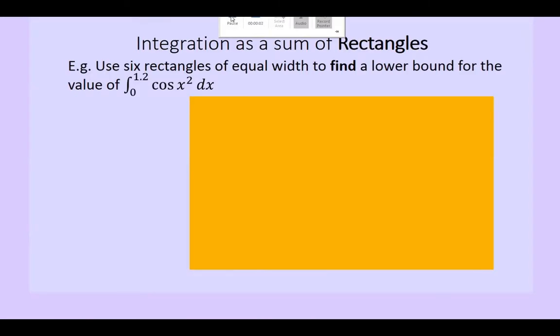Okay, so now we're going to try a proper example and apply a sensible structure to work out a lower bound for the integral of cos x squared going from 0 to 1.2. Okay, so the first thing that's sensible to do is to see what the graph looks like. So if we go to your calculator, let's see,